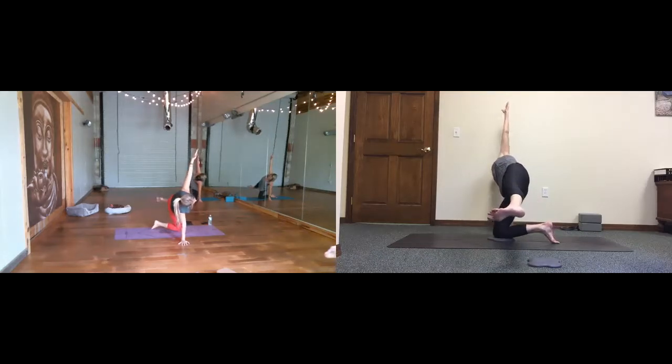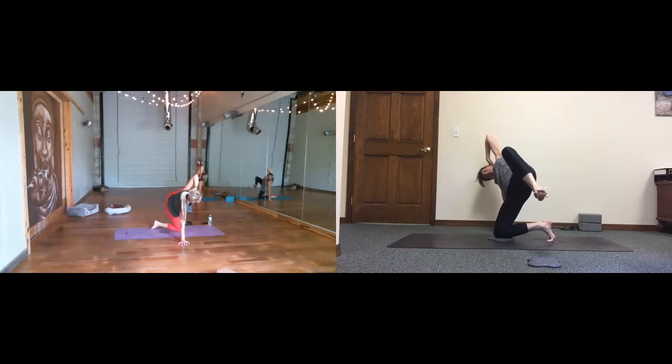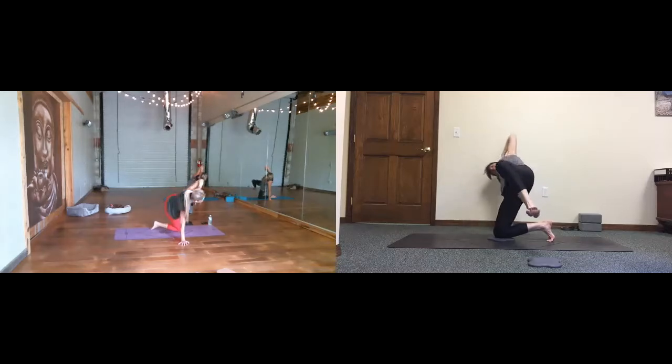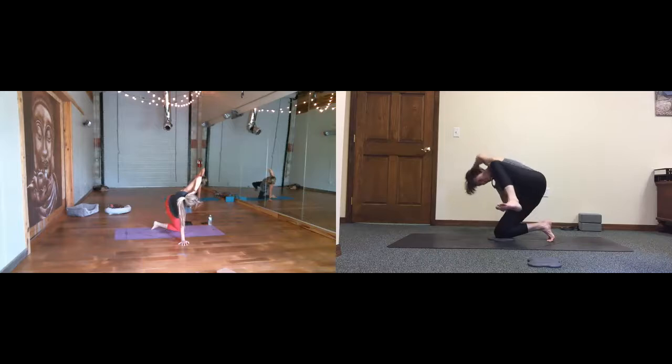Now you're going to pull the heel in, turn the knee towards the ceiling. Take your left hand behind your head, pulse a few times. Now, since we're fortunate enough to use the mirrors, see if you're stimulating your arm. Are you in the hypermobility of your elbows? Can you feel the serratus, your lat,